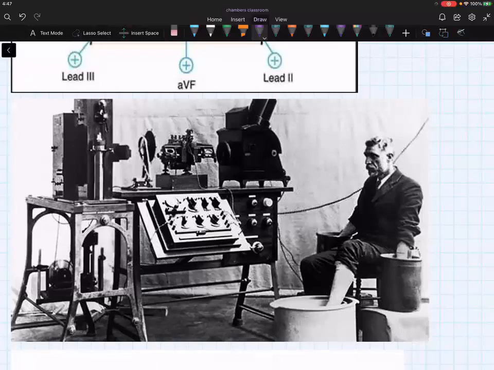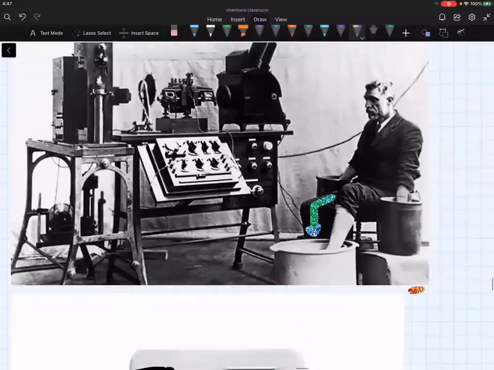Okay, so what he did was he was using pretty much every limb. He put his left leg in this solution, left arm, right arm, and he made a ground. Can you see the ground here? Yes, you can see the ground. This ground, he is barefooted, by the way. You can't see it from this side, but he is barefooted on the ground, and it's a foot, F.